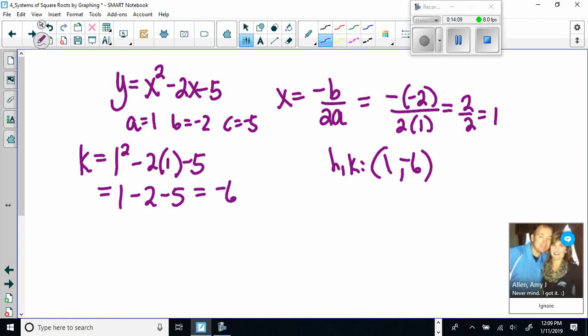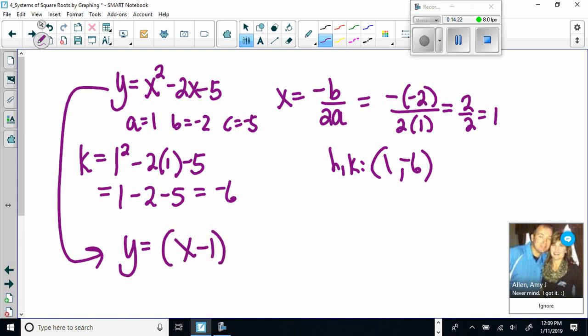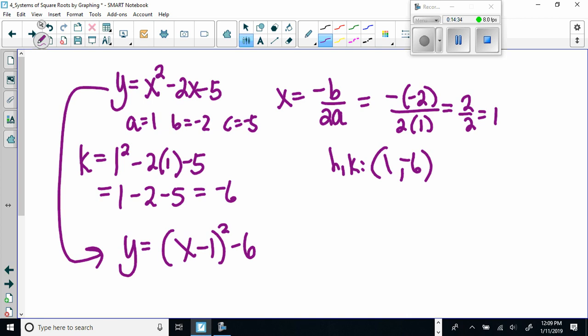So now I can rewrite this equation as y equals, the a value is 1, so it still has an a value of 1, (x minus 1) squared minus 6. Are you guys more confident graphing that equation? Yeah, because you're going to start with the vertex and then just do the counting scheme. Over 1 up 1, over 2 up 4, over 3 up 9, over 4 up 16. All right,